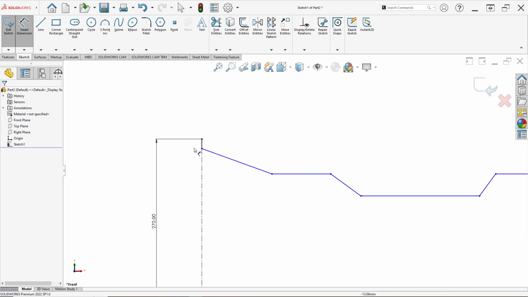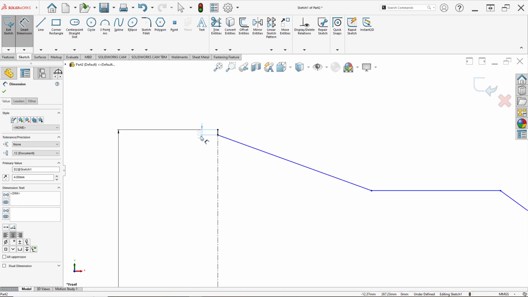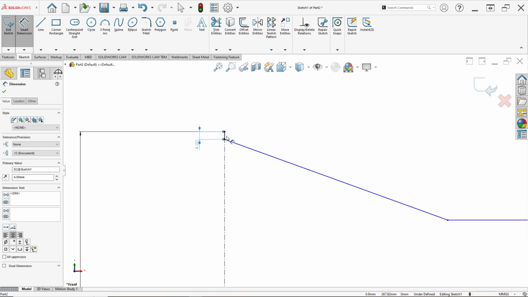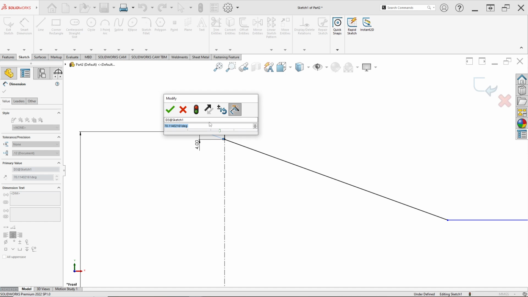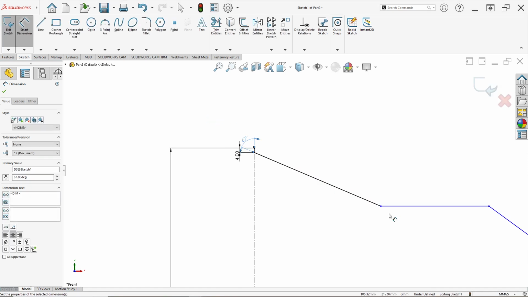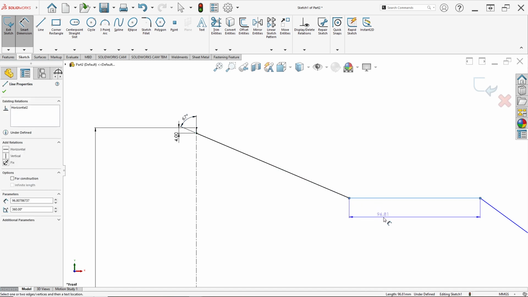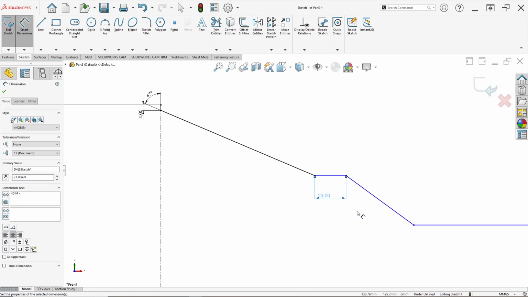Set here, I set this one as 4 millimeter for the length of this line, and set the angle in here, I set 67 degree for example, and this is set at 23 millimeter.